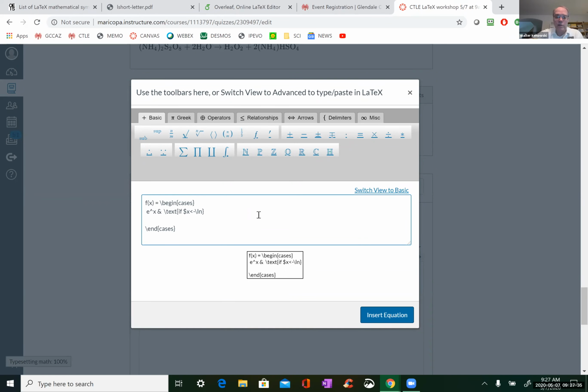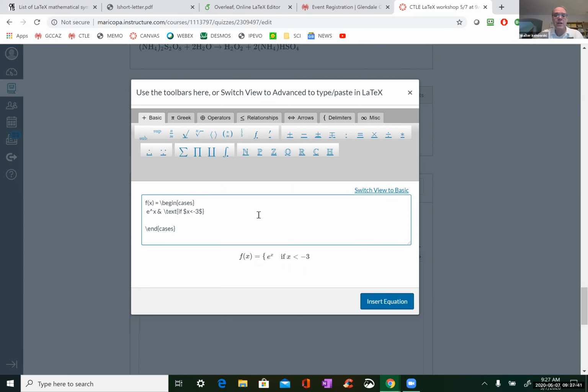Depending on conventions, you usually can put a semicolon. Now, if you want to move to the next line, you put a double backslash. That says you're going to have a next line.